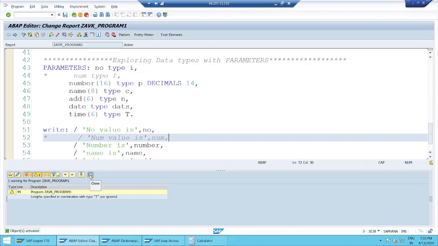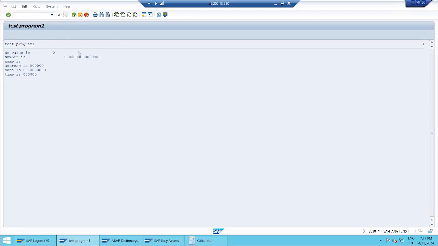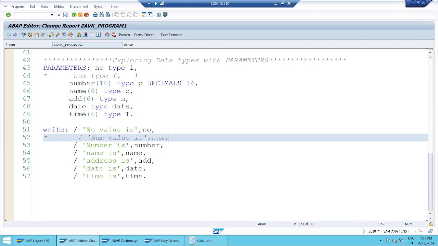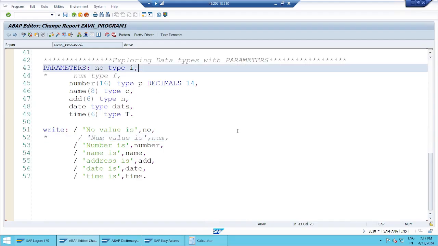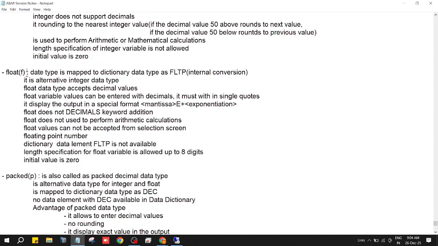I said it right. This is your number, name, date, and all. Execute it, all are printing the initial values. That is the fundamental initial value concept: character is blank or space, others are zero. Correct. Here, if you go to the float data type, in case of float, whatever float values,